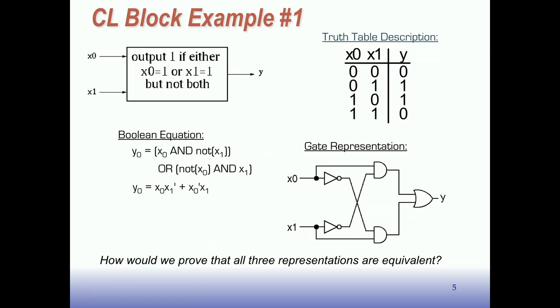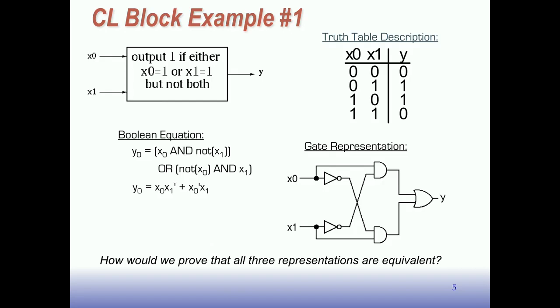And then we have a gate level representation. This same function could be represented as a net list of logic gates connected together. In this case, we have an OR gate, 2 AND gates, and 2 inverters, and it gives us the same function. So these are really 4 different ways to represent the same function, and they each have their use. We'll be talking about their use and how to convert between these during this lecture. One thing is you'd like to assure yourself that, in fact, all these 3 representations